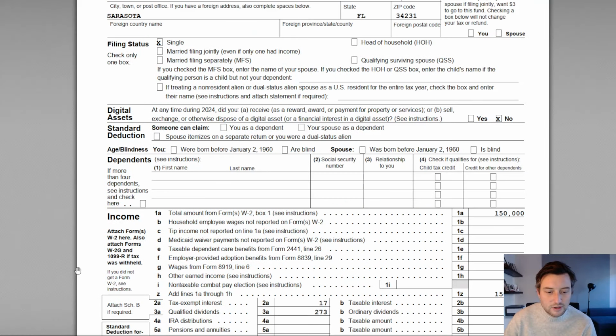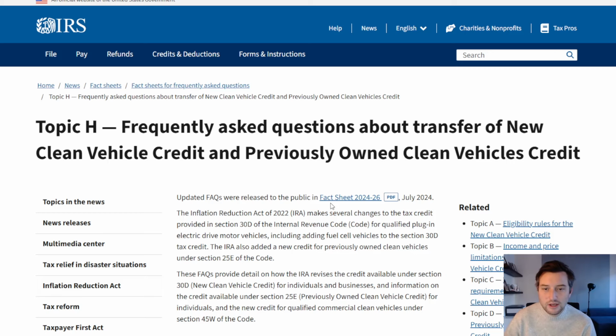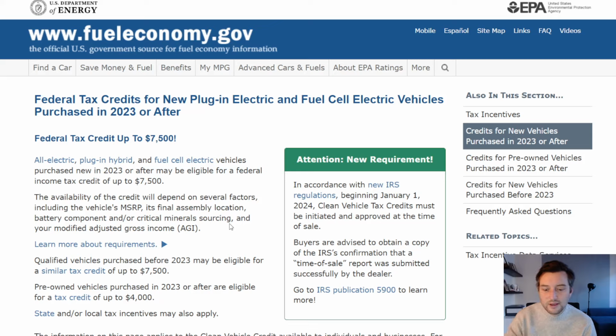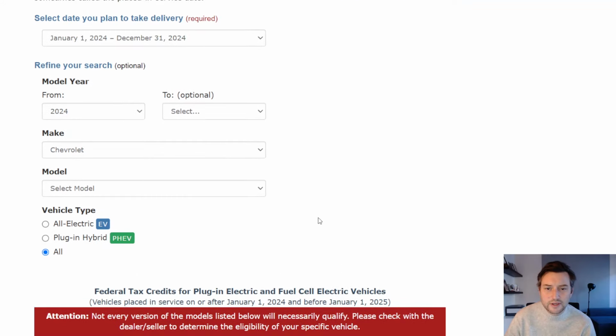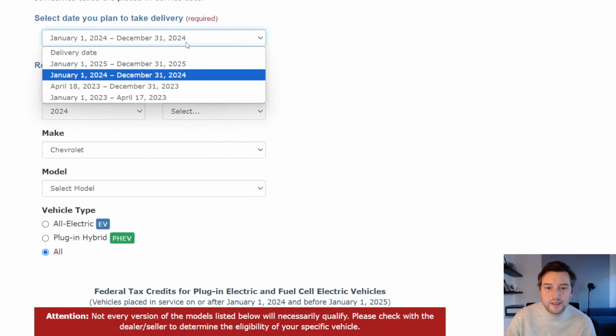I want to touch on these FAQs as well. Actually, sorry, let me look at this first. This is a very helpful website, fueleconomy.gov. It has a lot of information, but one of the things it has that's very helpful in this case is a system for searching for vehicles that qualify for the tax credit. The interface is pretty easy, right? You're just picking what time period you placed the vehicle in service,